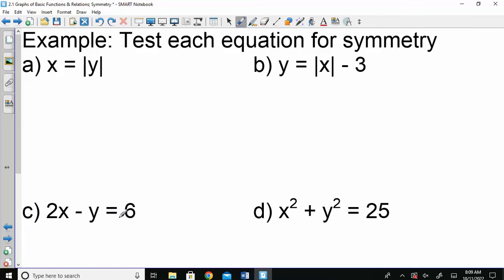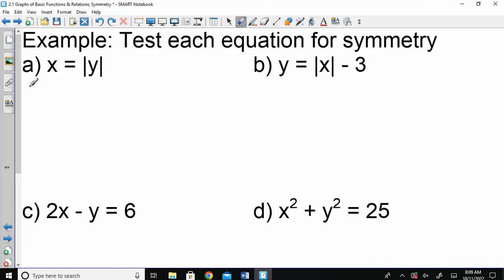Now when we're looking at equations, we have to think about it a little bit differently. So this time, I didn't ask if it was even or odd. I asked you to test it for symmetry. And remember, there were three types of symmetry: x-axis, y-axis, and origin. So if I give you an equation like this,